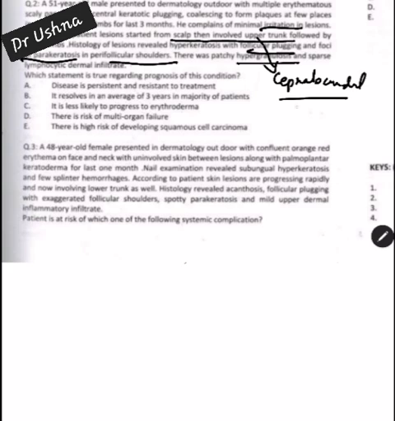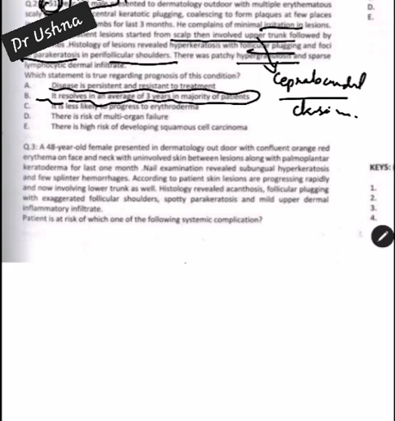So this is PRP, this is the classical form of PRP, and you just focus on the age of the patient. It's following the classical distribution of PRP as well. 40 to 60 years was type 1 PRP. So type 1 PRP is going to resolve within 3 years. So this is the answer.